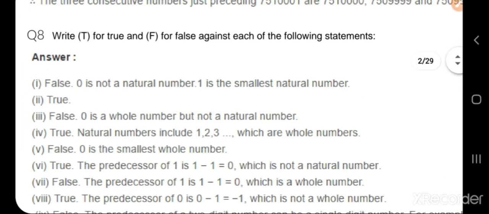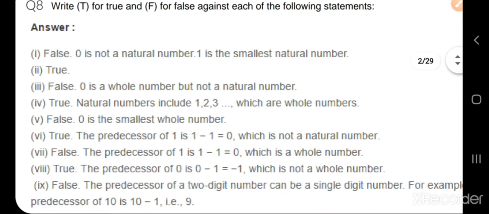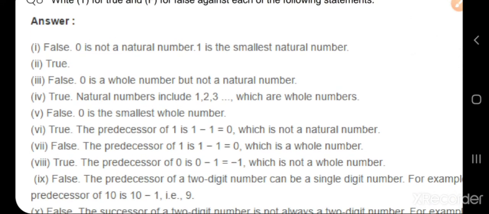So let's come to the next question. Question number 8. Write T for true and F for false against each of the statements. The questions will be provided to you. In this section, we have just provided the solutions. So the first question, as you can see from your book or the PDF, if it is provided, you just open that PDF and see